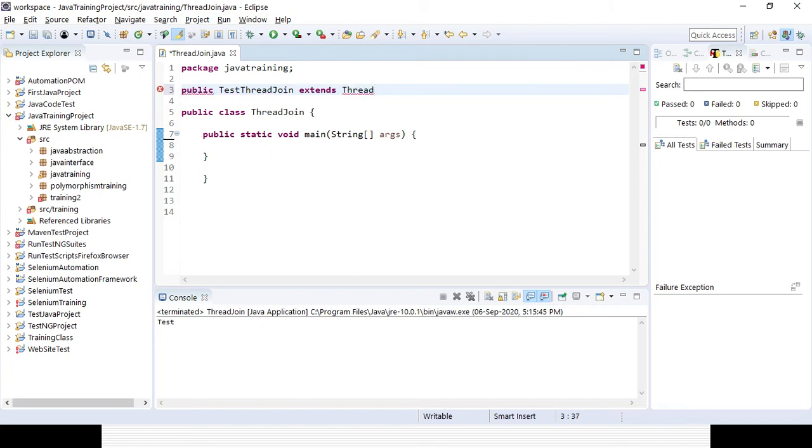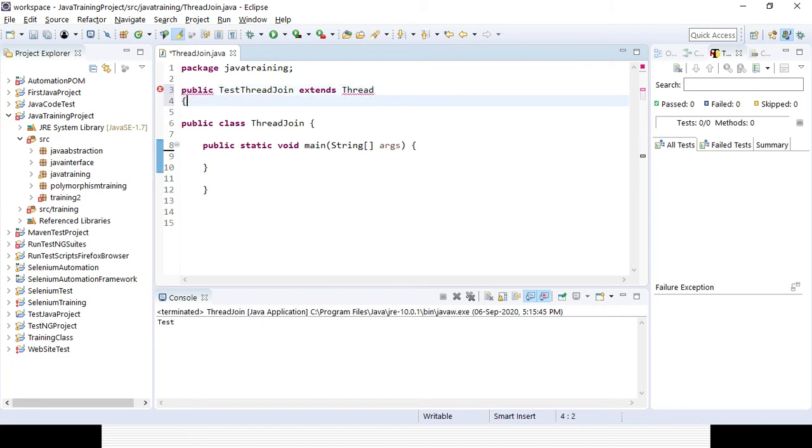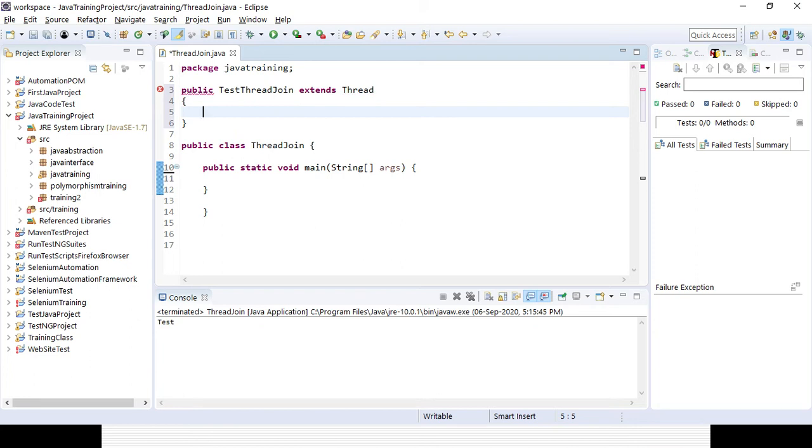You already know we can either extend the Thread class or implement the Runnable interface. So here I will create a method, public void run.